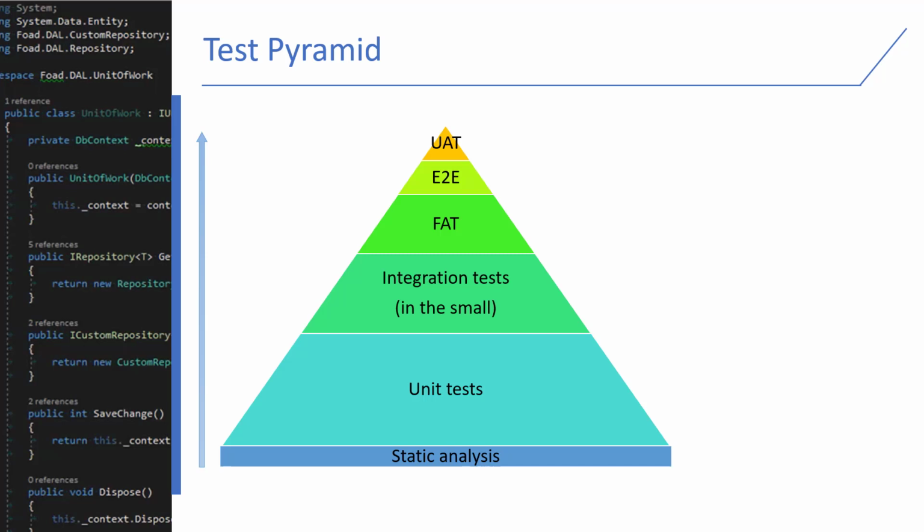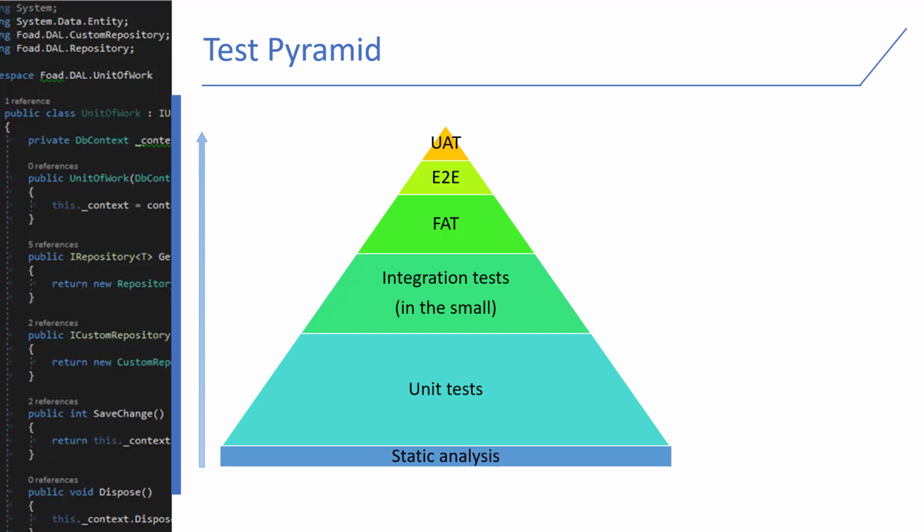The first test that we see at the bottom of this pyramid is unit testing. Unit testing is just testing the functionality of a unit of code. After that, we have integration testing. Integration testing is just to check if different modules that we create in our applications can work together correctly or not. After that, we have functional acceptance testing. This level can be called, for example, system testing and so many other things. The terminology here for this level is not really 100% concrete. You can call it whatever you want.